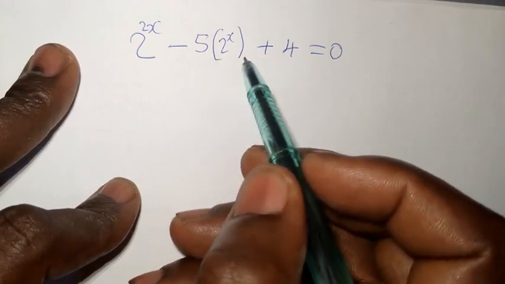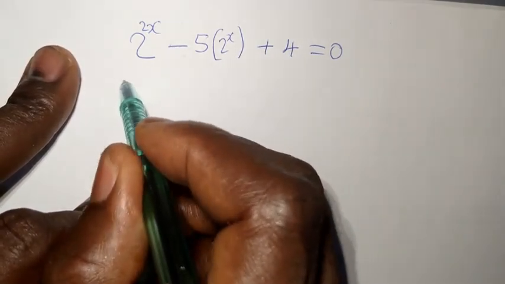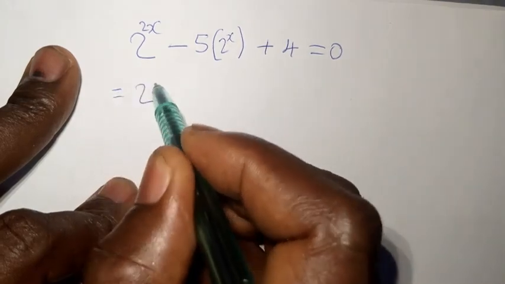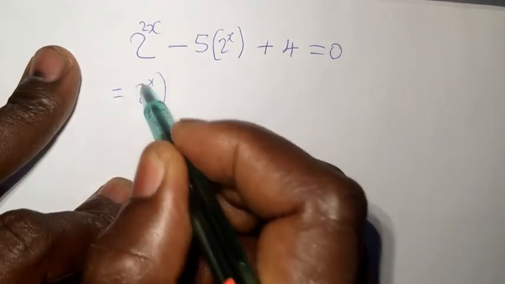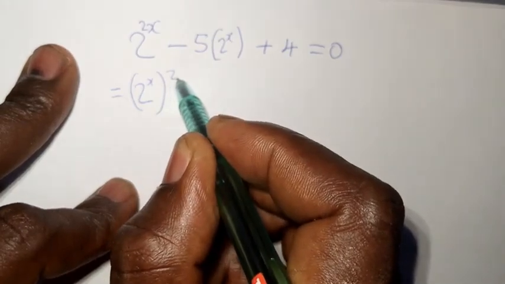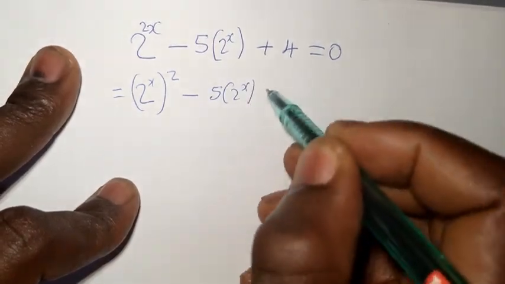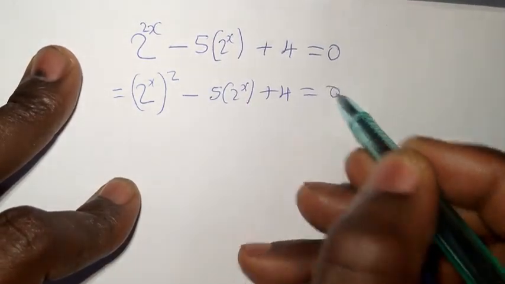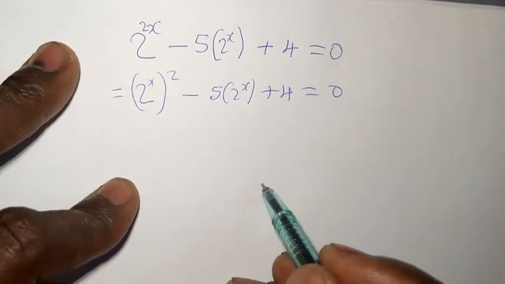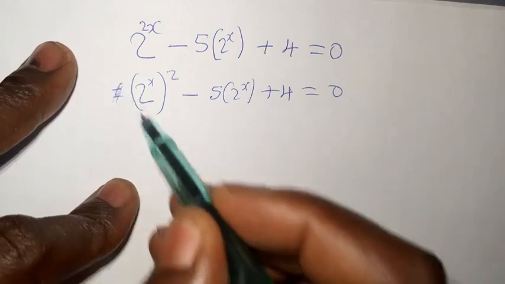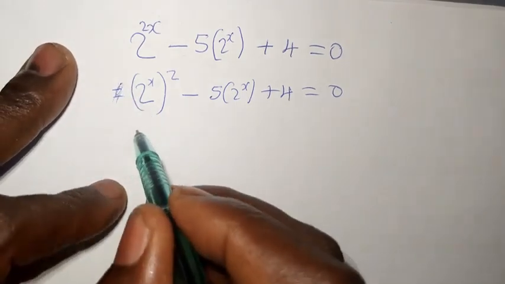So what we will do is this: we will first of all write this as 2 raised to the power of x, all in bracket 2. You remember the law of indices. Then minus 5 open bracket 2 raised to the power of x, then plus 4, all equals 0. Sorry for putting this equal sign here,